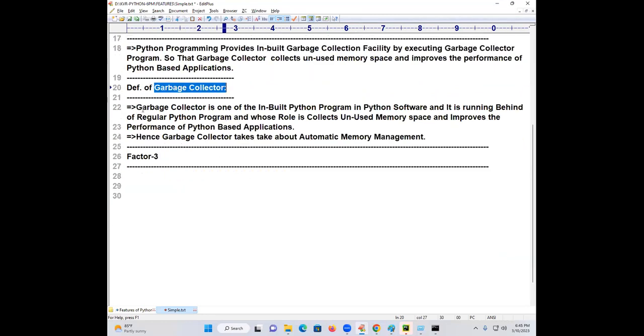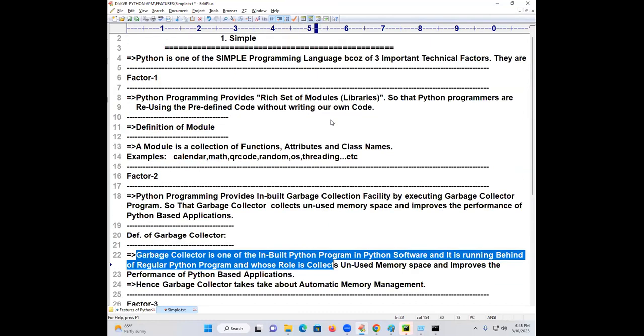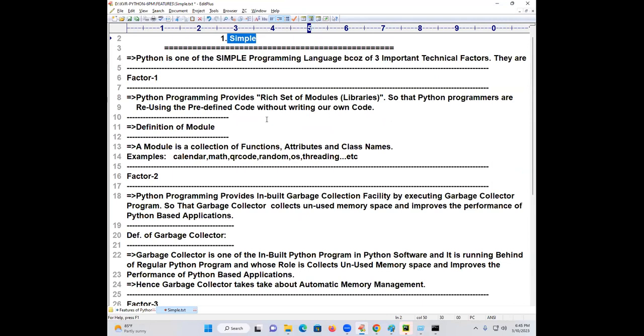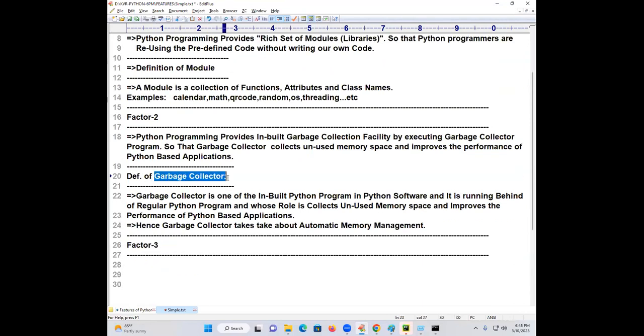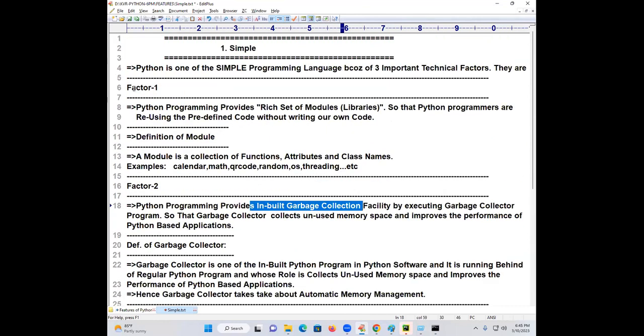Since you are not writing the code, since it is already present, that's why Python is simple. If you were writing the garbage collector yourself, definitely it would be complex. So is Python simple or difficult? Because of the inbuilt facility called garbage collection, Python is simple. It also provides a rich set of modules. Getting my point?